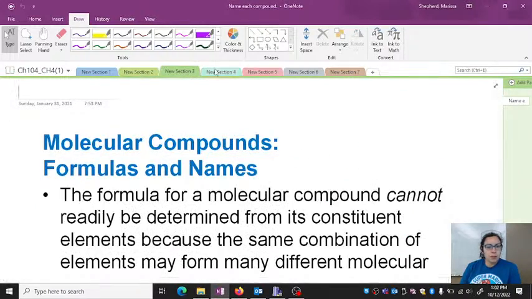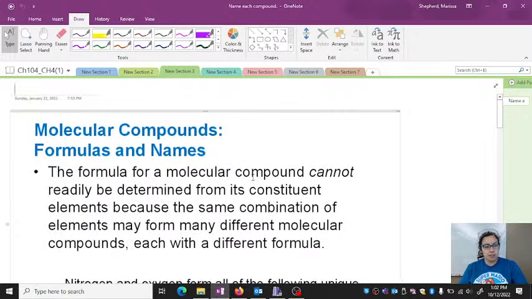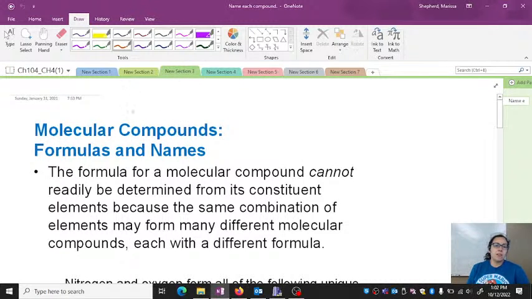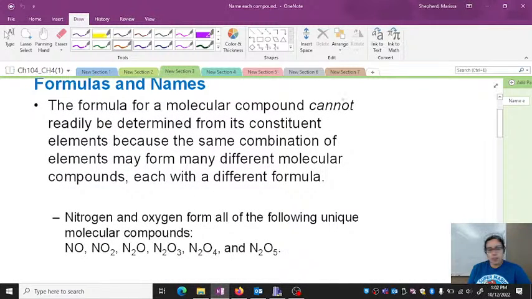Let's go back and talk about naming these compounds. Now we're doing, how do we name covalent compounds? Unlike the ionic compounds, and we may need to do some review on this, the formula cannot be determined from its constituent elements. So you can't just say, for example,